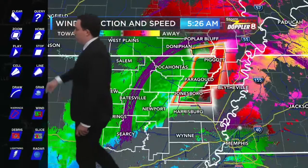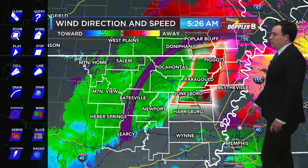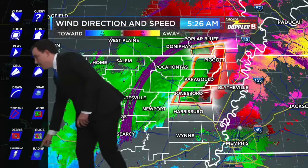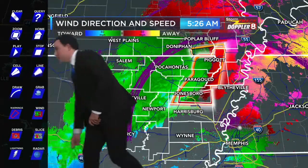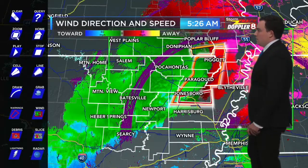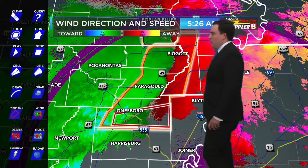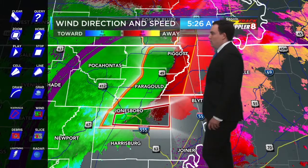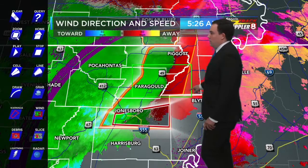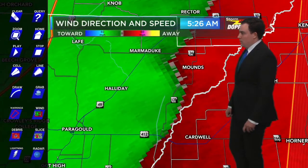As you're widening back out there on radar, you can see that severe thunderstorm warning that goes from Clay County to Greene County, anywhere along that line. You see it has a little bit of an outline of red also. That is a severe thunderstorm warning, but they tagline that with the possibility of a tornado. Just getting reports also that there's some debris over the roadway north of Paragould near North Point. So they're going to have to check that. That's going to fall kind of in line with where that couplet went through, maybe south of that a bit,